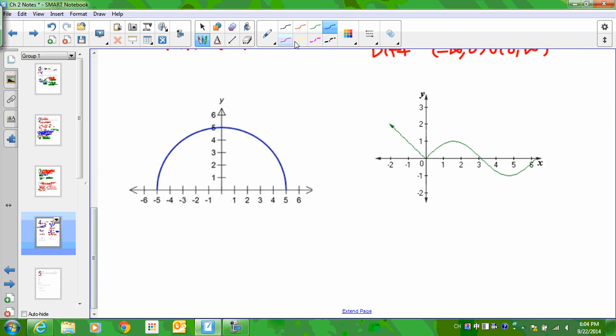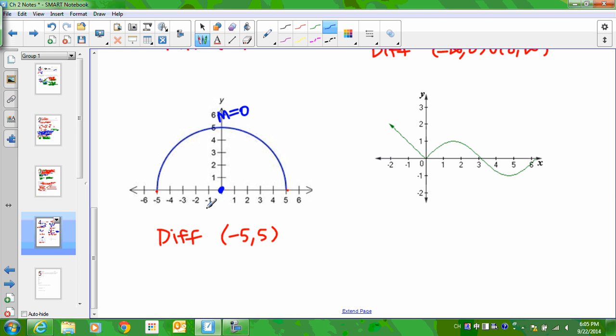Okay, semicircle's kind of weird. First of all, where's this thing differentiable? Well, it's not differentiable at -5 and 5, so it has to be between those two. So I'm going to write the interval -5 to 5, not brackets though. All right, so let's start with this point up here, because this up here, the slope is 0. So I'm going to plot a point at